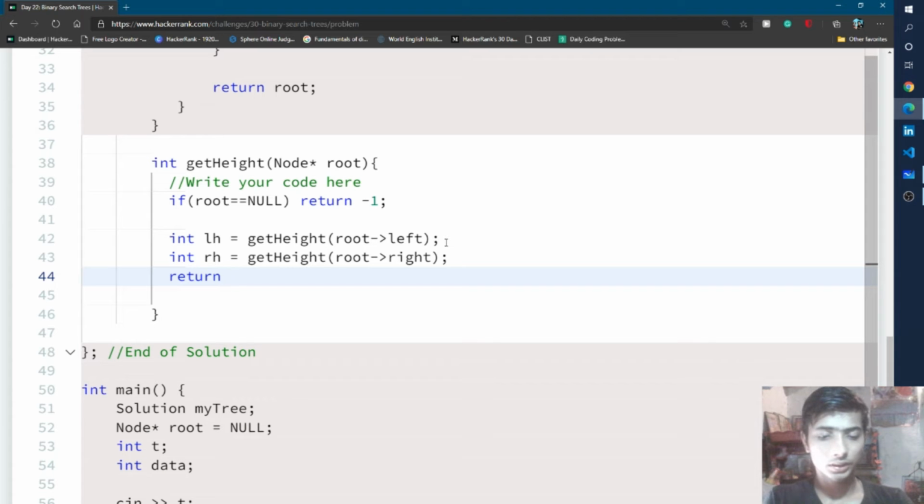So I simply check if LH is greater than RH, then you return LH plus 1, and don't worry, I explain all these things after submitting the code. And if the condition is false, that means RH is greater than LH, then we return RH plus 1. So the code is done.